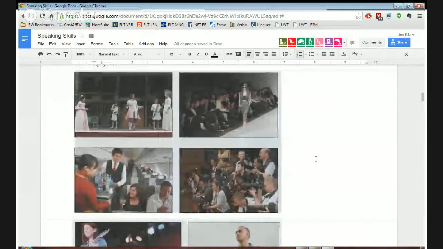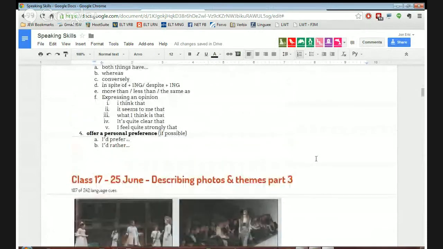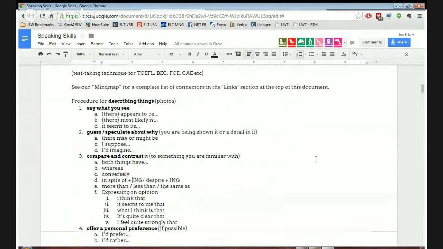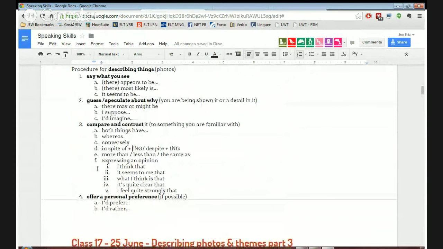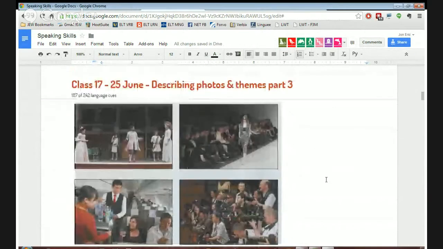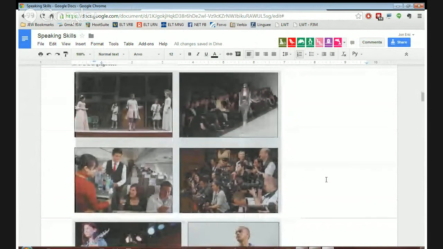So you're going to do the same as Giuseppe. The only difference is try to keep it really short, maybe just one statement for each of these 4 steps, and actively use those key expressions where you can, okay? So Jason, you're next. If you like, you can pick the very next picture on the top right, okay? So you know you're going to be comparing with other pictures, but I want you to say what you see about the picture on the top right. Okay.